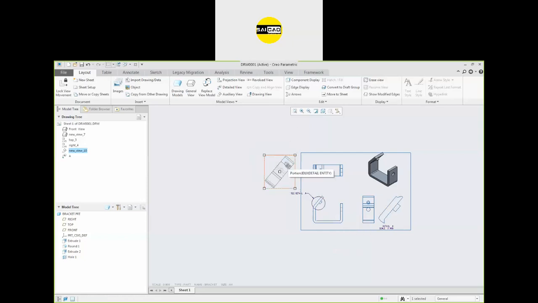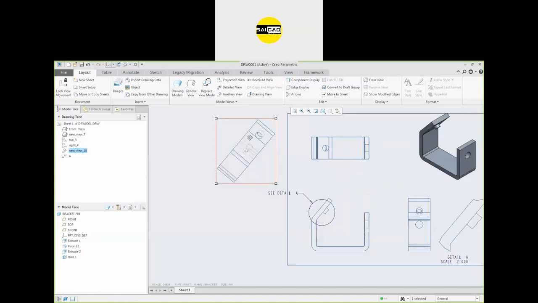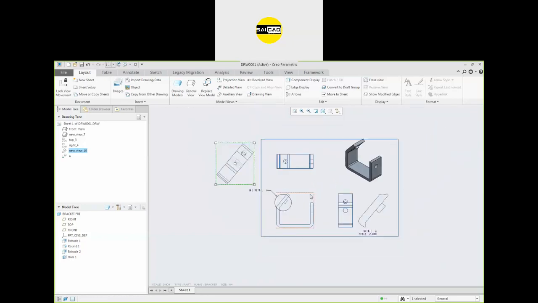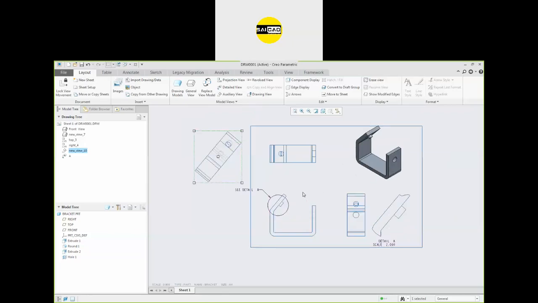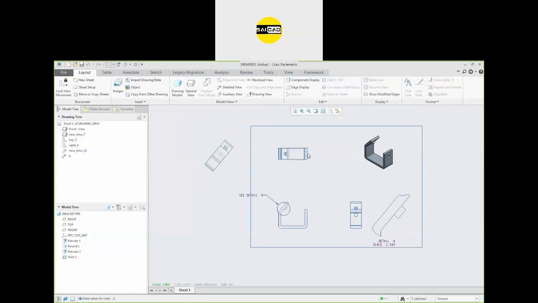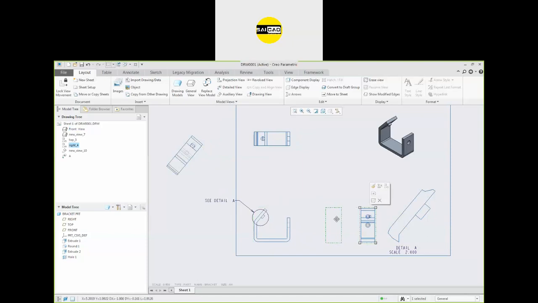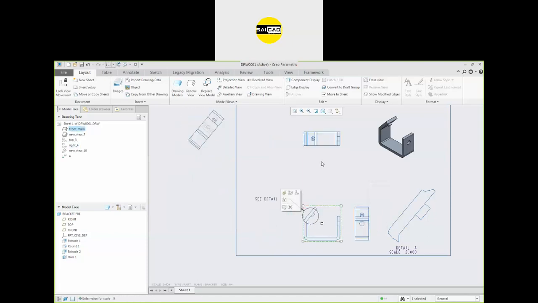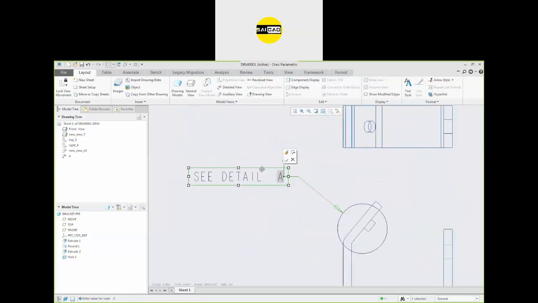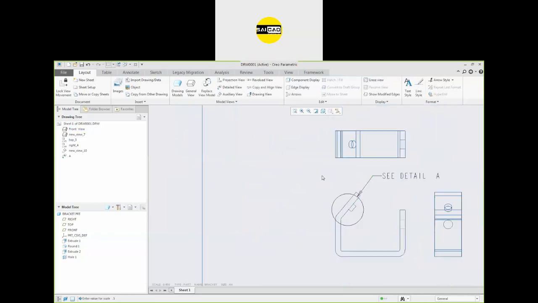Okay, any question? So if you want to break the alignment, you can see this is aligned. Now I want to place it somewhere else. So how do we do that? First of all, I'm going to decrease the sheet scale from 0.8 to 0.5, so that I can adjust some more views here. So right now I'm just going to adjust the views like that.